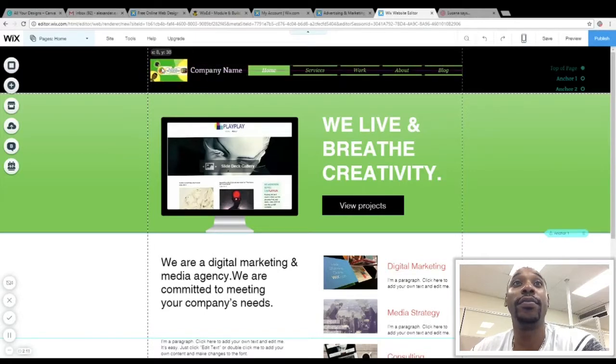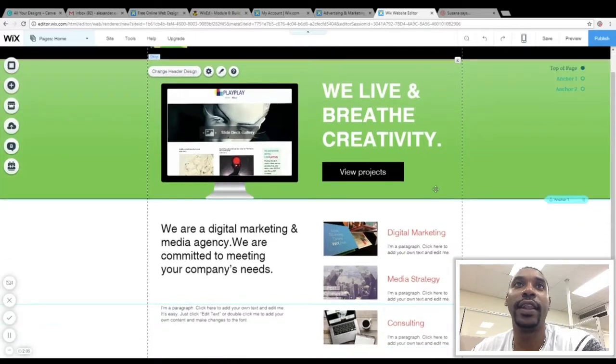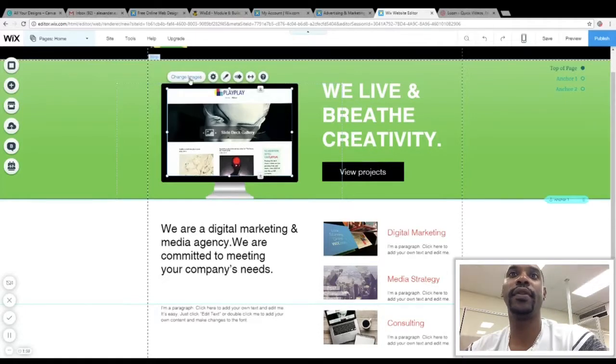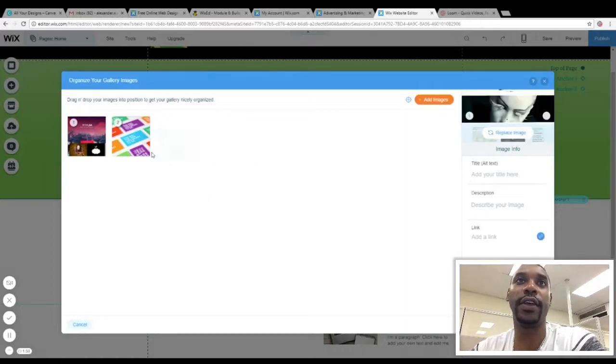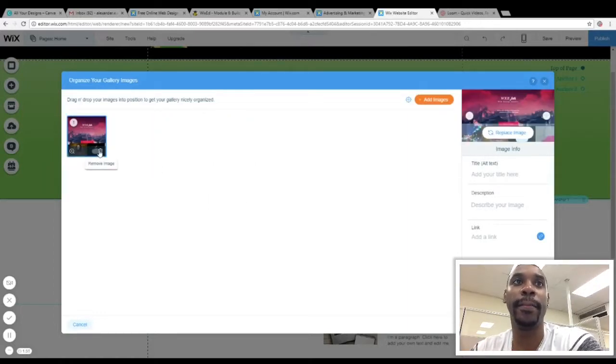And as you can see, these little purple lines, they work wonders. These purple lines definitely help you keep things in alignment. It gives it a nice, crisp, clean look. Alright, now see this image gallery, it's time to switch it up and personalize it. So I'll get rid of everything here